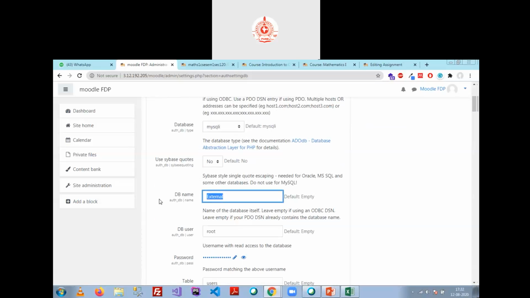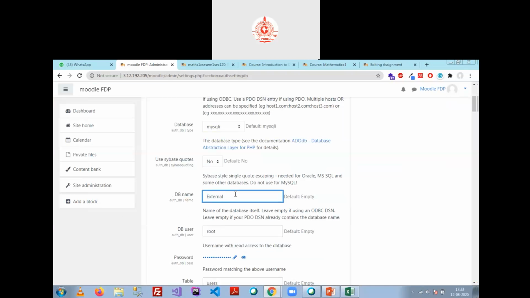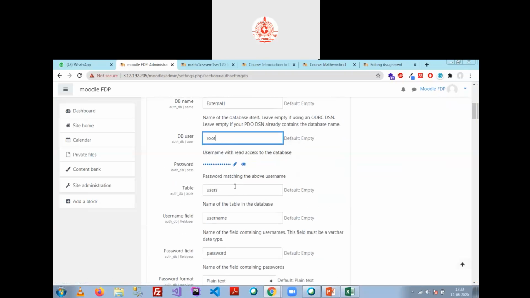Now the database name is coming from my database. So my database name is external one. Okay. So I'm going to use external one. DB user root. That is perfectly fine. The password is absolutely correct to access the database.